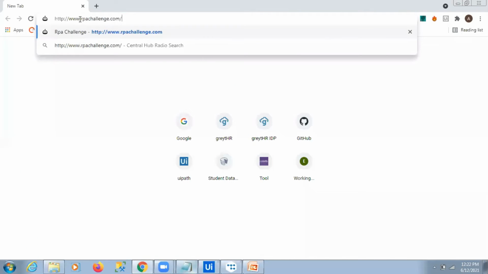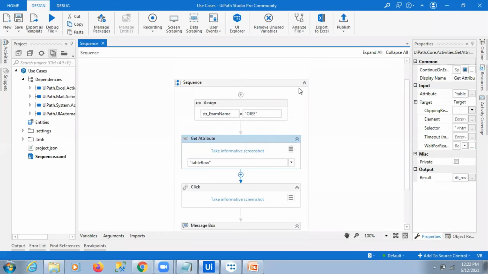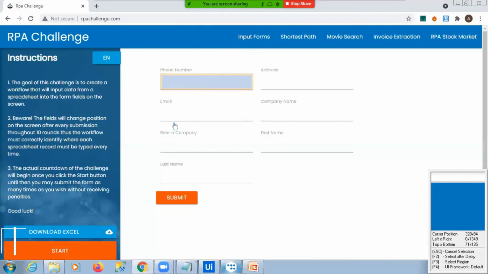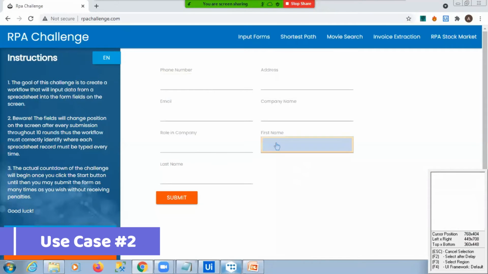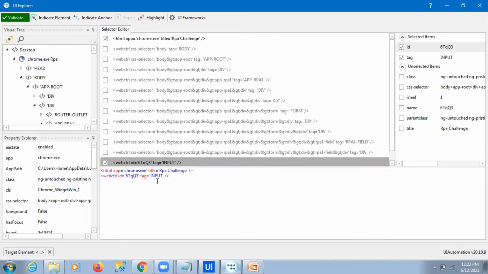This is our website, RPA Challenge. First I will show you the problem. This is the first name element, and I am highlighting it from the web page.